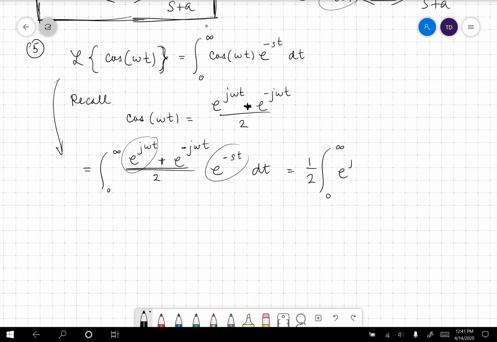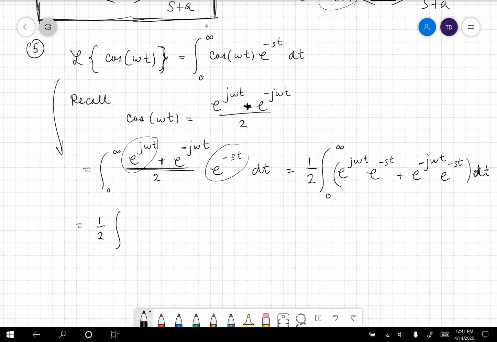So e to the j omega t times e to the minus st plus e to the minus j omega t times e to the minus st, all of that dt. And you know that's an integral of the sum, so I can break that into the sum of the integrals. So this is 1/2